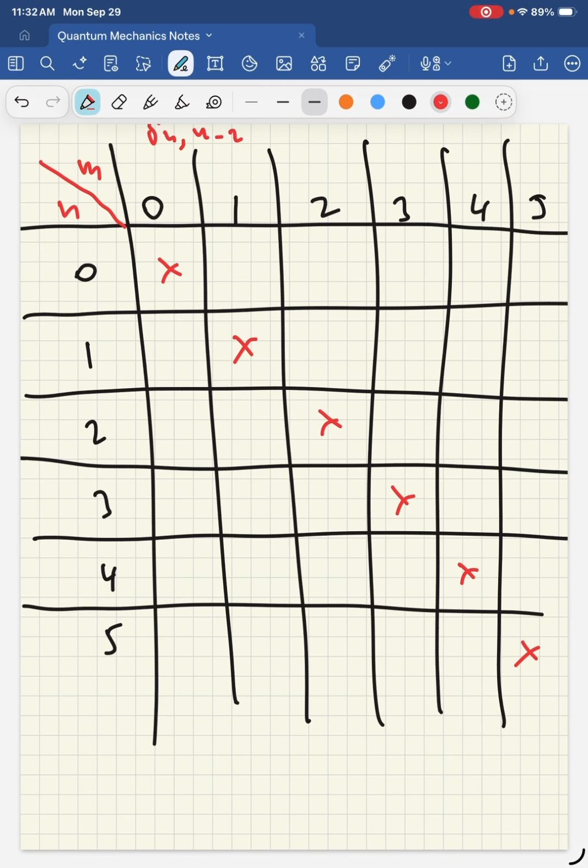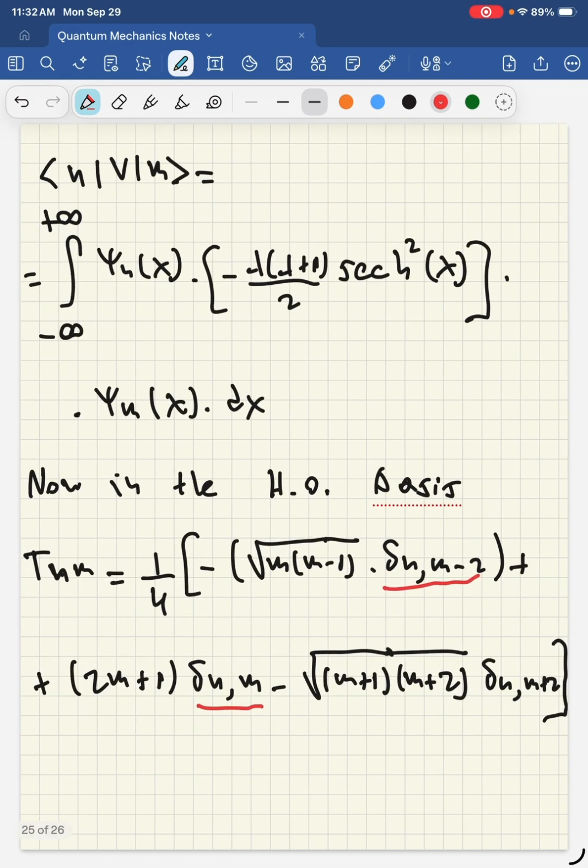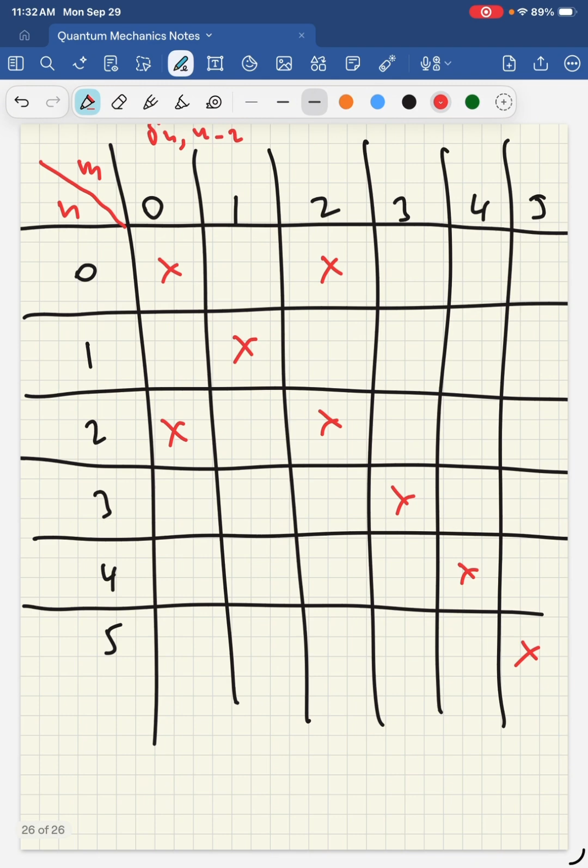So pretty much this matrix element will not be 0, okay, because N is 0 and M is 2. If N is 0, okay, and then this matrix element, because of this element, okay, so